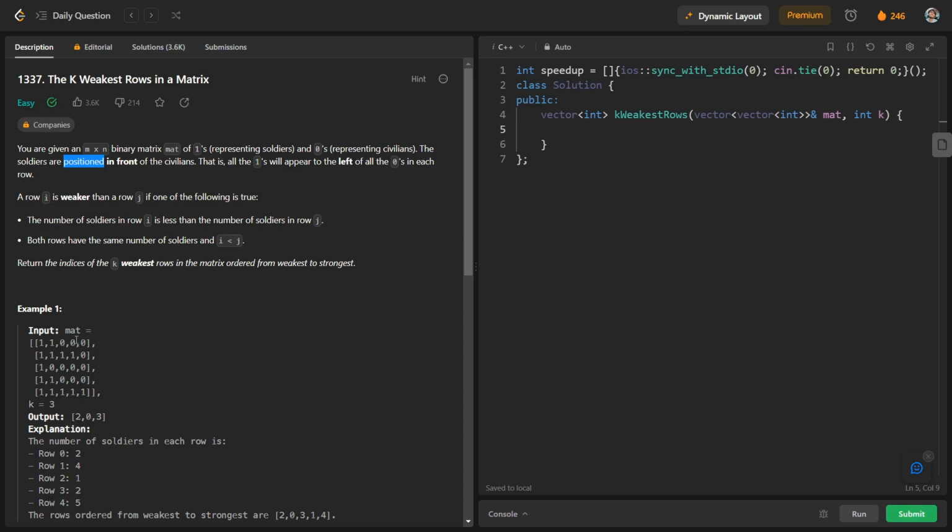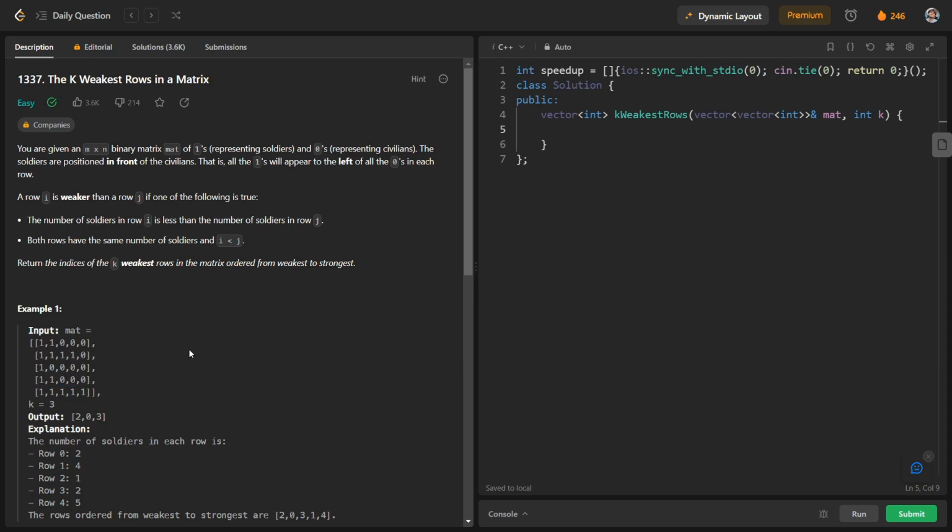You can see that there are two ones in this row, so they are written first and after that 0 is written. In every row the same thing is going to happen: we are having 4 ones on the left side and 0 on the right side. Here 1 one on the left side and 4 zeros on the right side. Here 2 ones on the left side and 3 zeros on the right side, and so on.